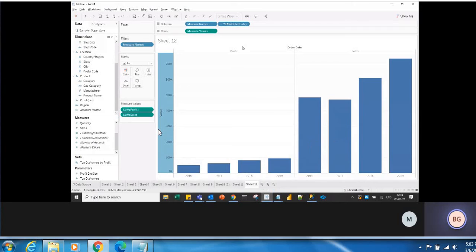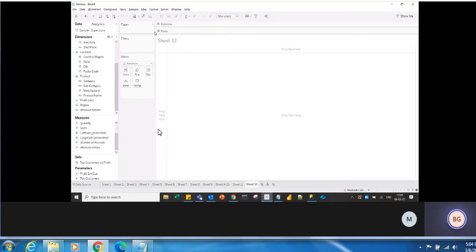So Value is a measure value, and here it has taken Measure Names on the top. So both will be used. Okay, so I'm recreating the view. Just observe carefully. I'm not dragging any Measure Values or Measure Names. I'm dragging whatever dimensions have been given to me, but Tableau will make use of it to give you the blended axis. So just drag the order date.